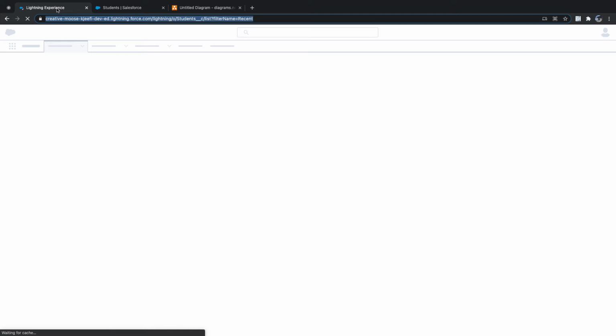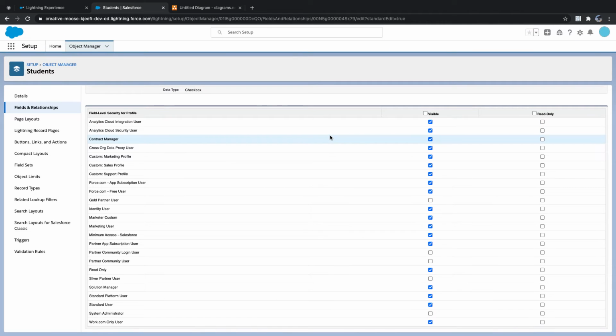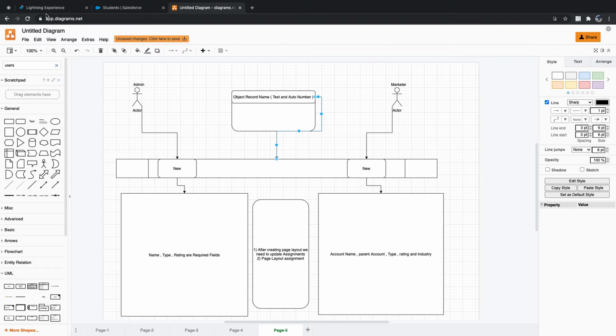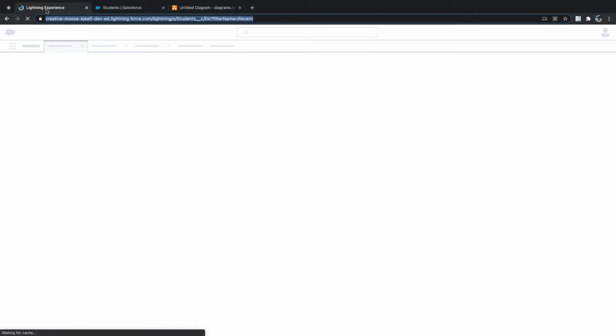Field level security is not provided, still it is showing up. How many page layouts can be assigned to one profile using one record type?